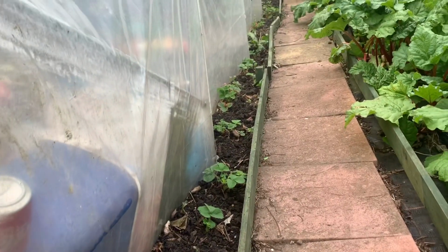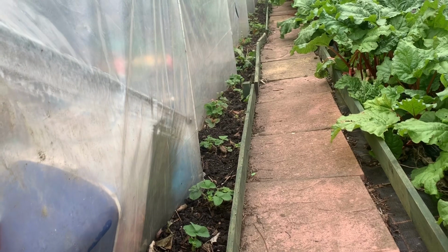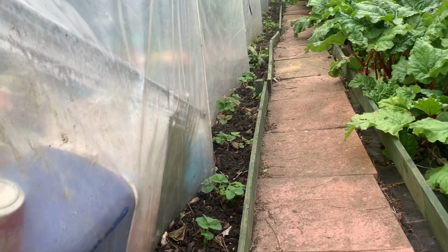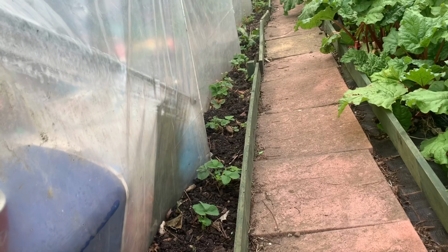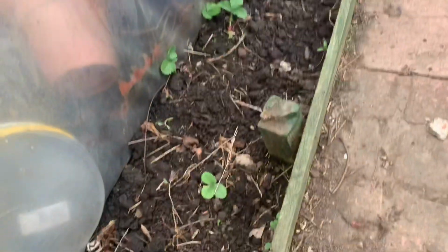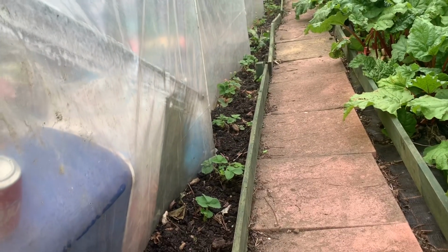So today's job is to take out all these strawberry plants. These are my spare ones which I put in last year, and they'll be moved into a proper strawberry bed, and in this bed I'm going to be planting all my broad beans to get them started in this area. So fingers crossed they'll grow in this area, as my plastic does go underneath it but the soil is quite deep, so fingers crossed they'll take and they'll grow in this area,